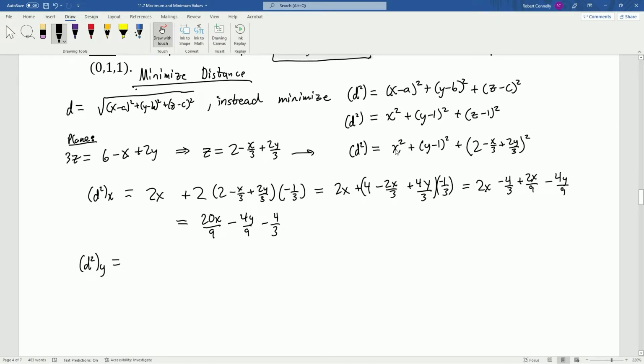Okay, so this first derivative will be 0. And then we'll get 2 times y minus 1. And then the derivative of the inside function here is just 1 in terms of y. Plus, now we got to use the chain rule again. 2 times the inside times the derivative of that inside with respect to y, which is just 2/3. So this gives us 2y minus 2